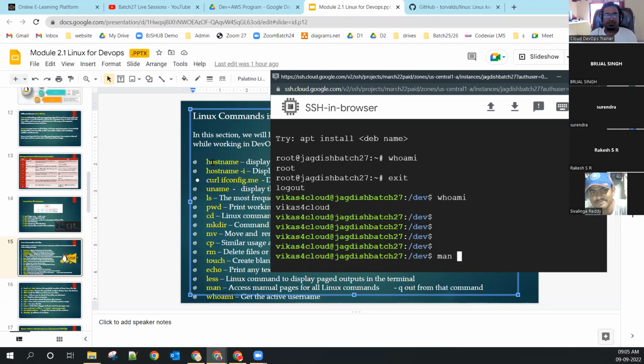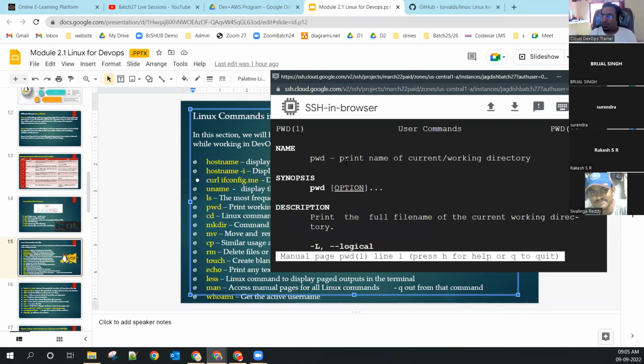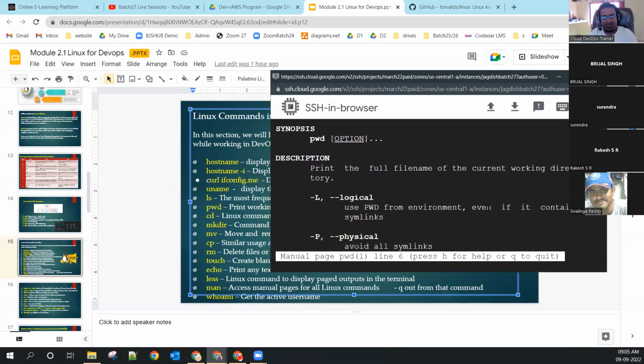It's like that. Okay. Let's assume you haven't understood the pwd command. If you haven't understood any command, type the keyword man and then type that command and press enter. pwd: print the name of the current working directory. Here the theory of that command will come. Print the current working directory. Got it? Yes, sir.